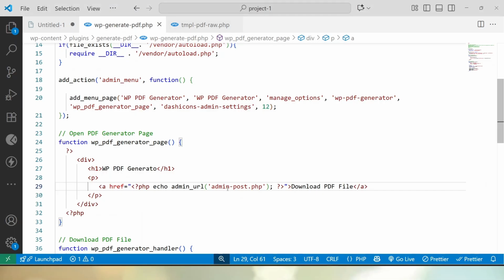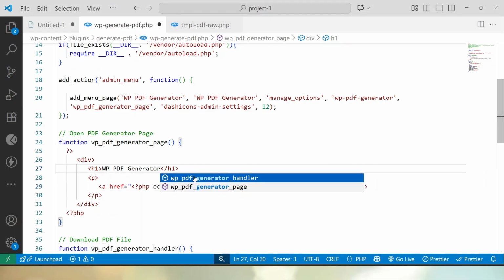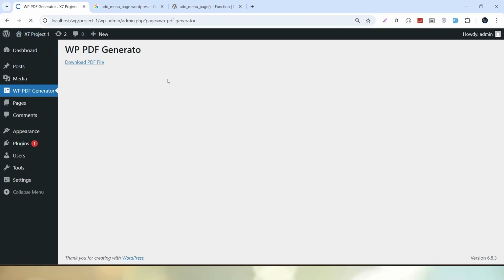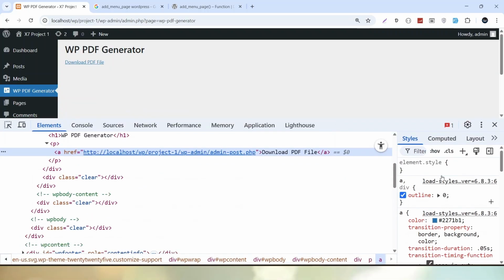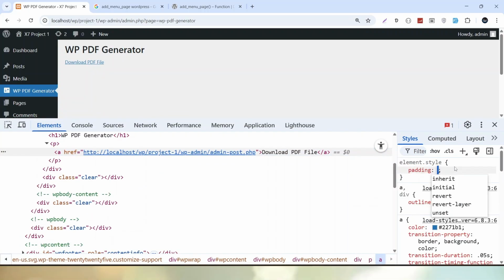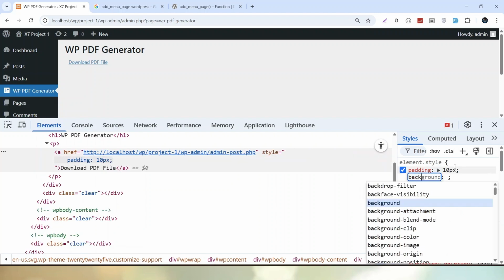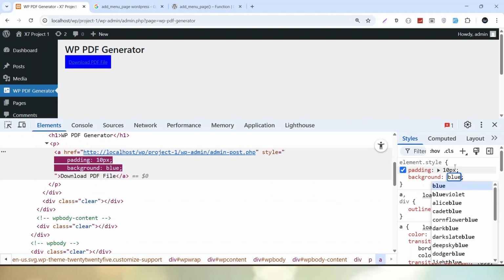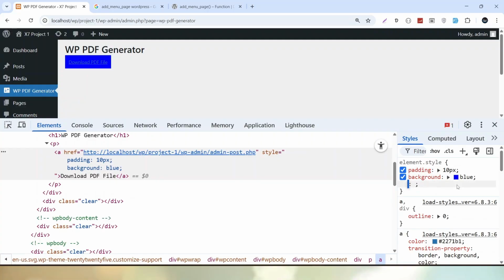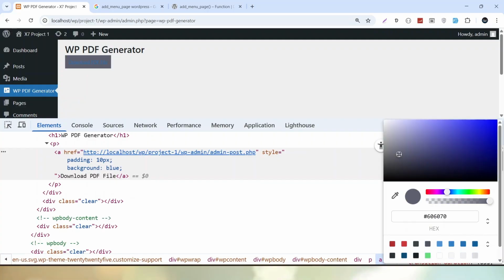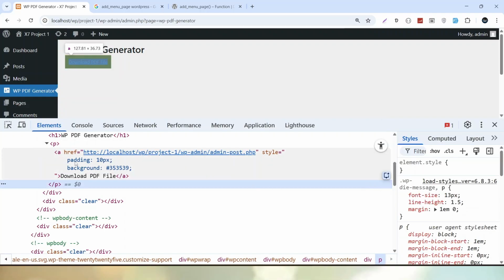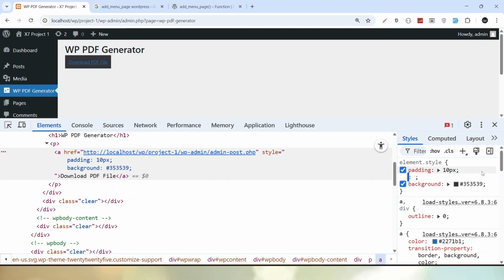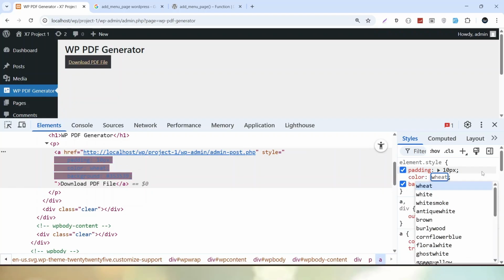Here we have some spelling mistake. Let's quickly correct. If I go and reload, so WP PDF generator, and here we have some anchor link. Let's quickly create some button view. So I will say, let's say padding 10 pixel, background it will be, let's say blue, something like this. And here color, let's say white,